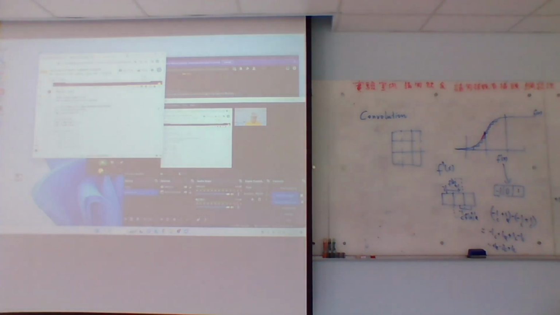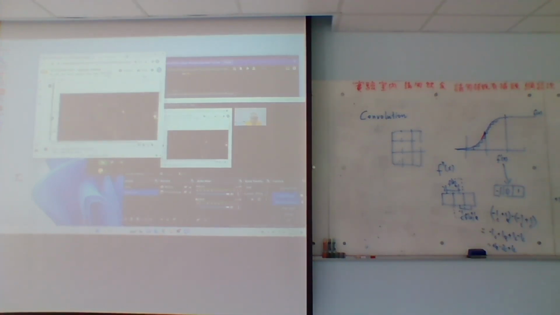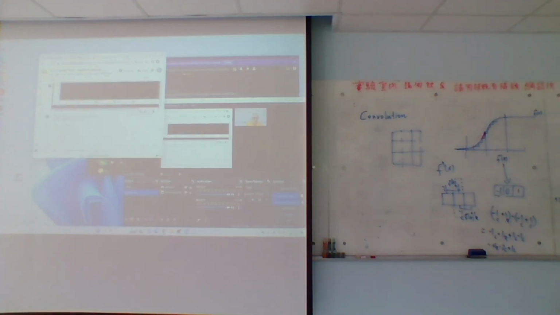Otherwise, the pixels will disappear. Yeah, so that's a little bit better. So this is the response of our second order operator, and